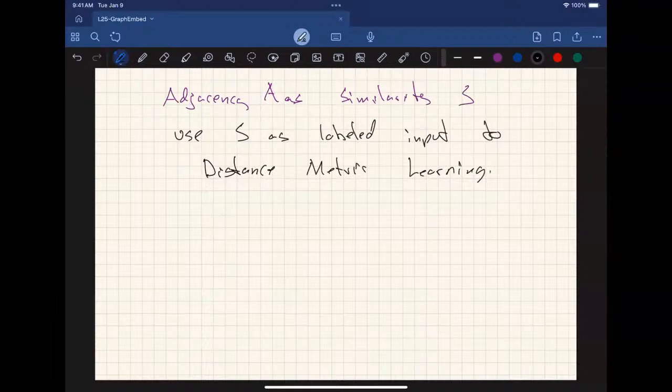Now I could start with some fairly arbitrary embedding into a high dimensional space using one of the other techniques, but then I can adjust it. So I want to use S to learn a